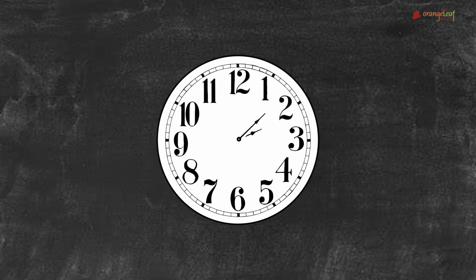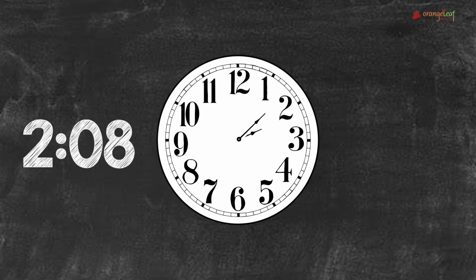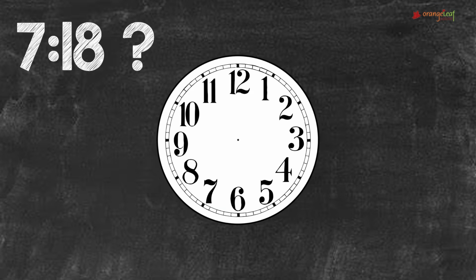Now I hope you understood that. Let's test that with an exercise. I'll help you with the first question. Have a look at this clock. When we see the hour hand and the minute hand, the time is 2:08. We now have to draw the hour and minute hands for these clocks given. The first question says 7:18. So the hour hand goes on 7 and the minute hand goes 3 points after 3,